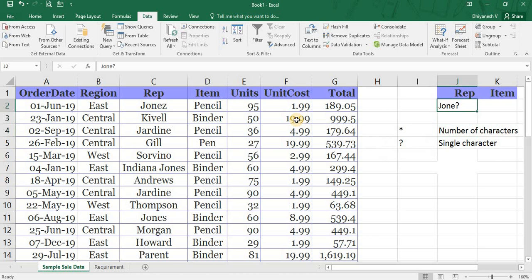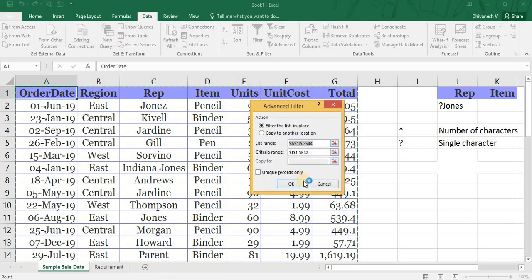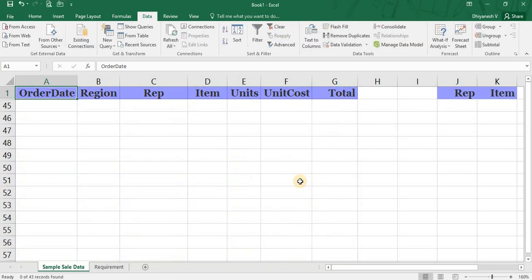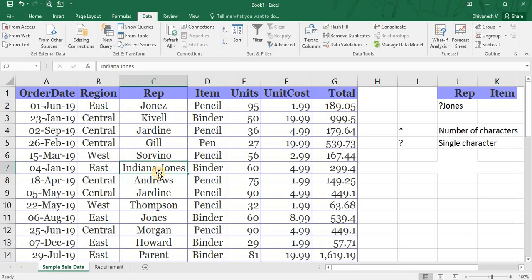So for Indiana Jones, if I am giving a question mark and Jones, the data will not get filtered. See this, there is no data with a single character after which there is Jones. So this has Indiana Jones as, so I is a single character, 1 2 3 4 5 6 7 and 8 characters before Jones.